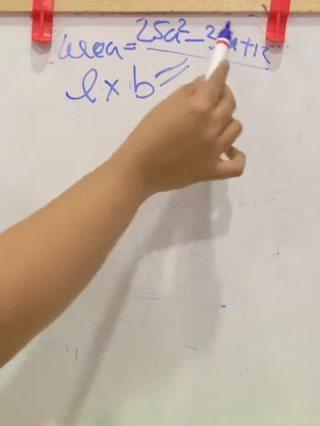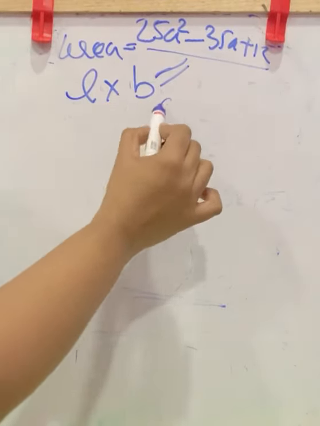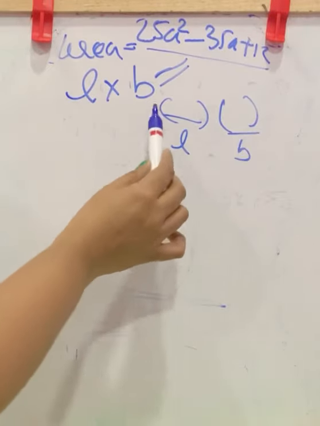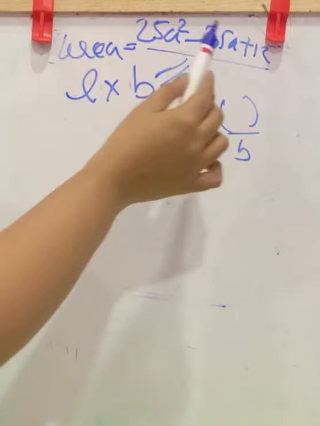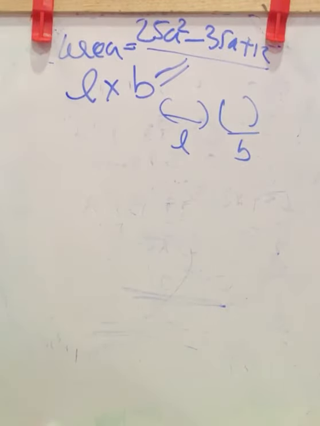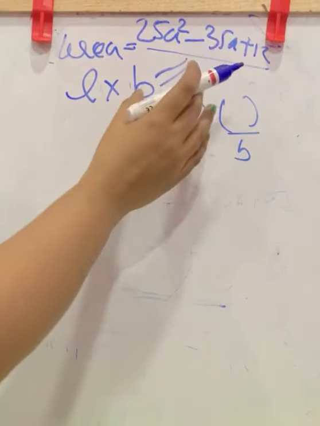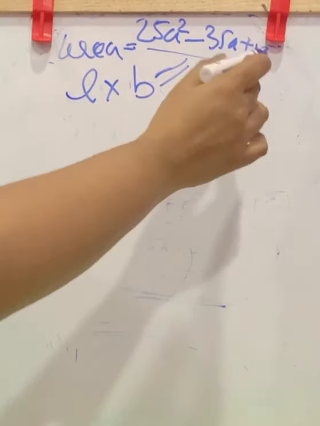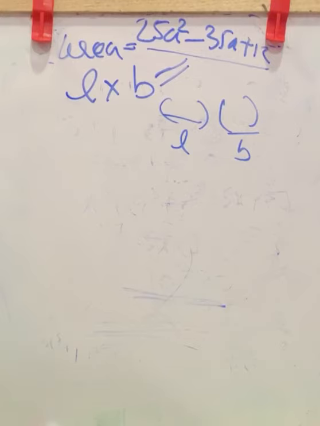So you want to convert this into two factors. Then this will be length and this will be breadth, because from that product we get the area. So to find length and breadth, we want to factorize it into two factors. And you know how to factorize a quadratic polynomial. The middle term splitting method we can use here.